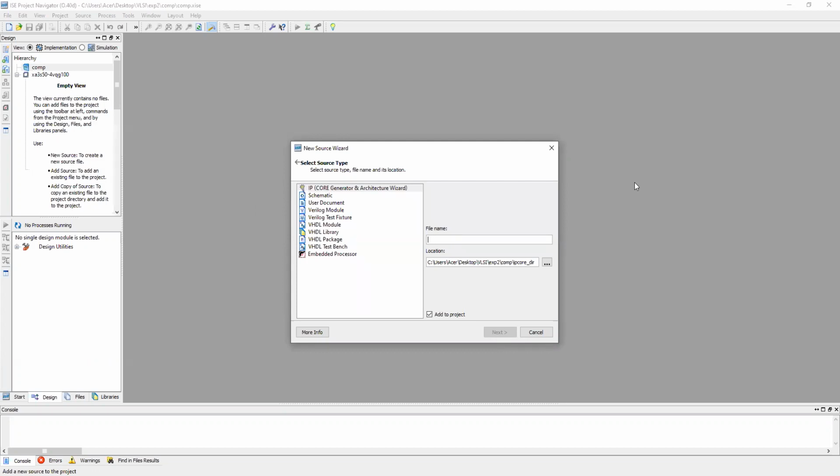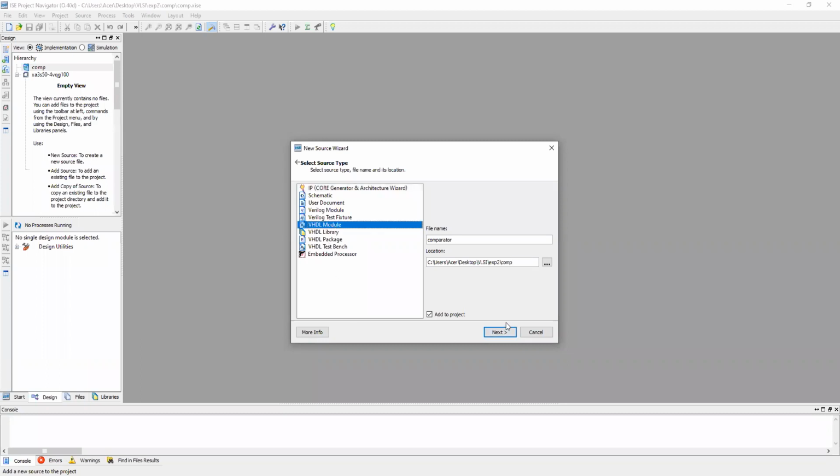So first, what name would you like to give to your comparator design? I will give simply comparator. Which model do I have to select here? VHDL model.